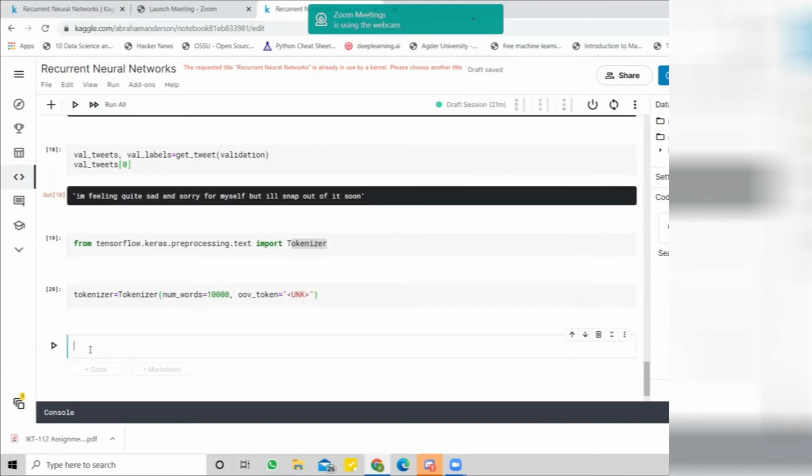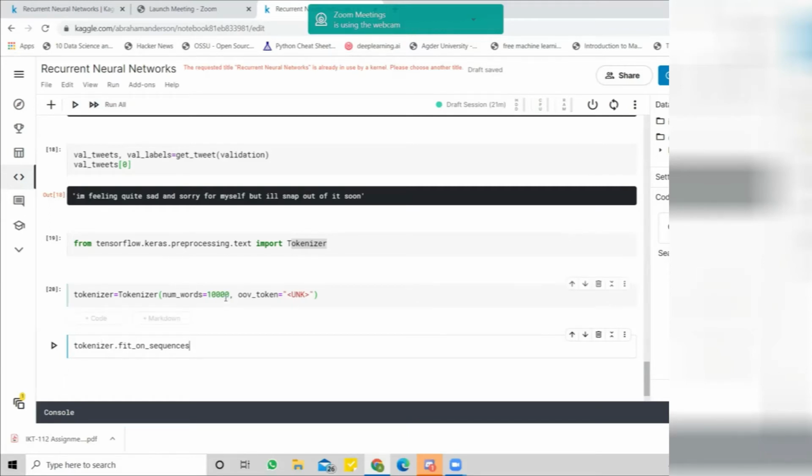In order to transform this, we will use tokenizer dot fit. Now we are using a method inside this function. Fit on sequences means it will now take the words from our data and go inside its own dictionary of 10,000 words.